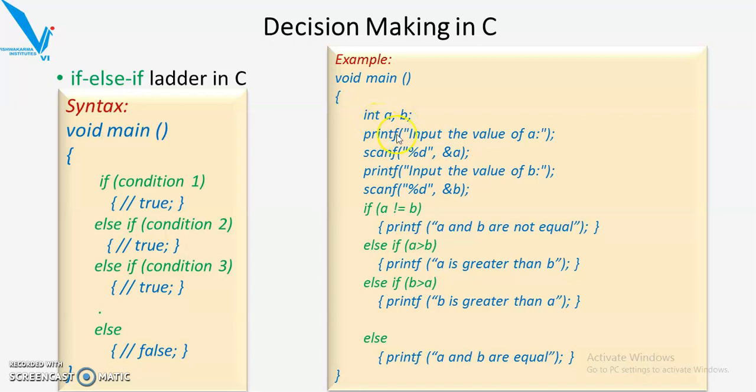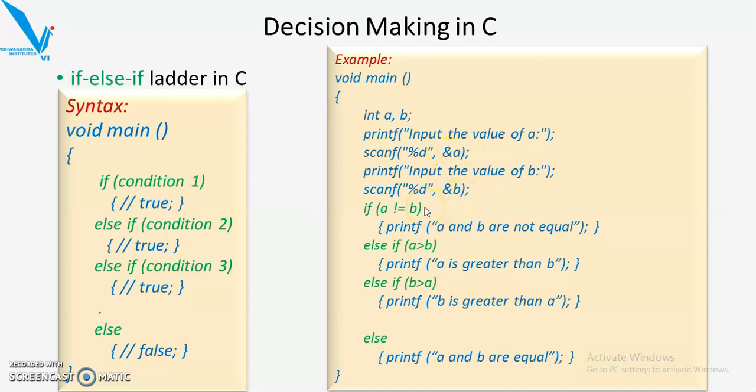Now we ask the user to input the value of A, which gets stored into the variable A. Again we ask the user to enter the value of B, and it is stored into B. Whatever the user types as input is stored into A and B.